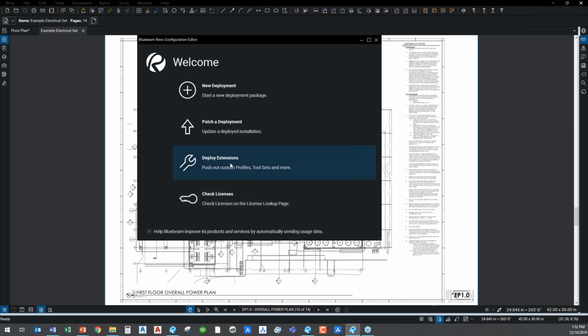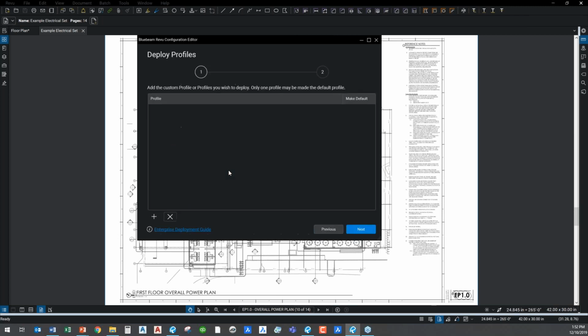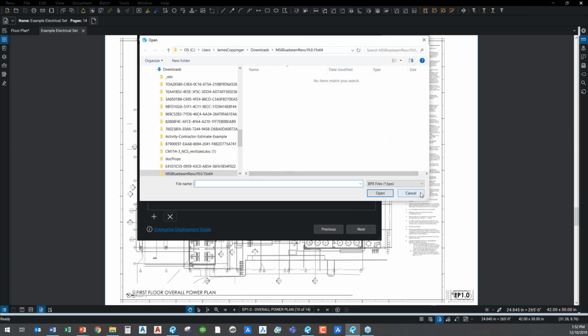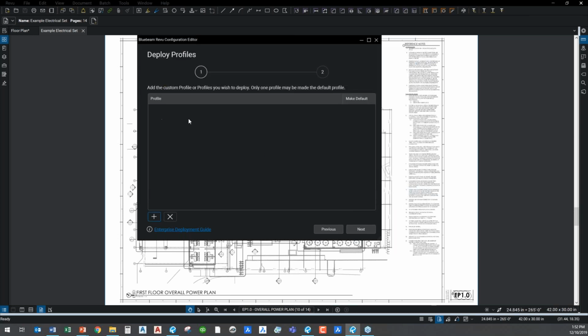You can actually go in and you can start to build your own deployment extensions here. So that means that you can go in and add and create your own profiles. When you build standard Bluebeam BPX profiles, you can tell Bluebeam which profiles you want to add in, so that if you're building a distribution set for managers, you can tie in and build in all of your company's custom profiles for standard markup tools